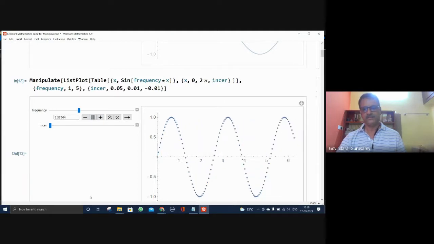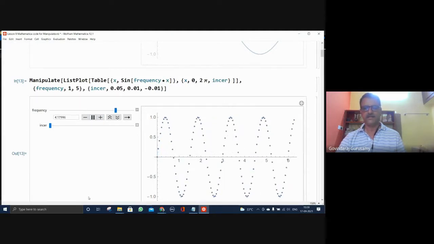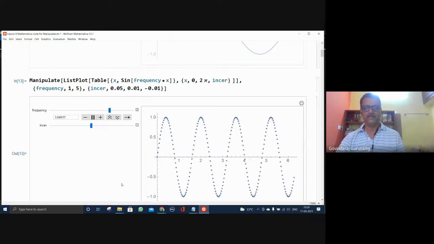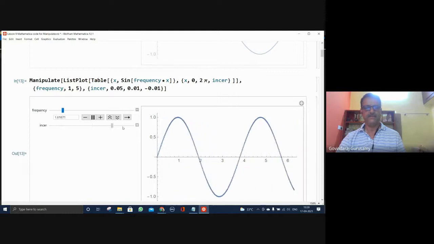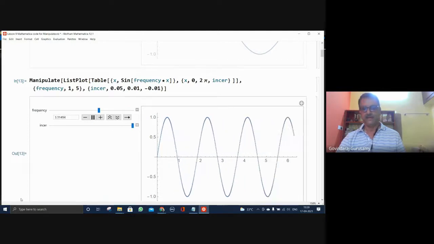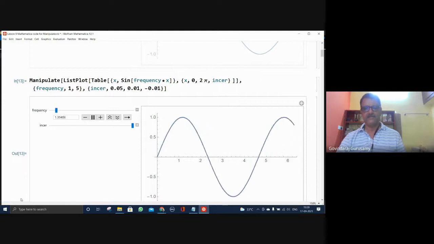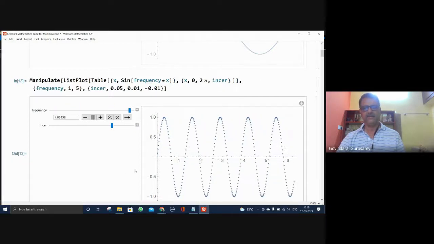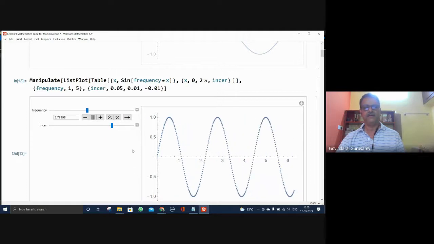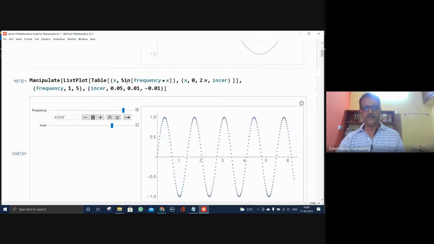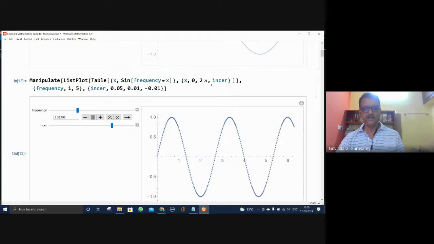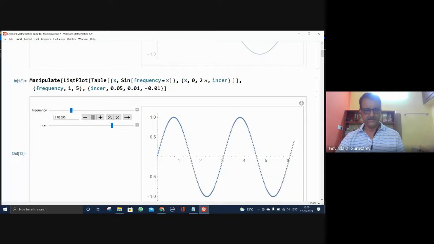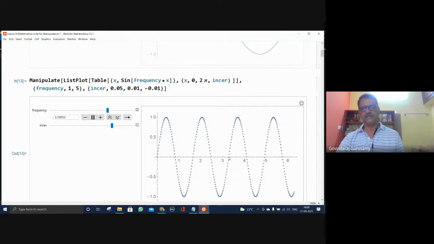And we can go ahead with this. You find this large number of data points, and that goes further again, even for the 5 different waves, almost continuous. Okay, so this is the same animation, but we have made it in a different form. It's a list plot now, which means the list is being created for every one of the increments, for every one of the frequencies. Okay, that's what the result is.